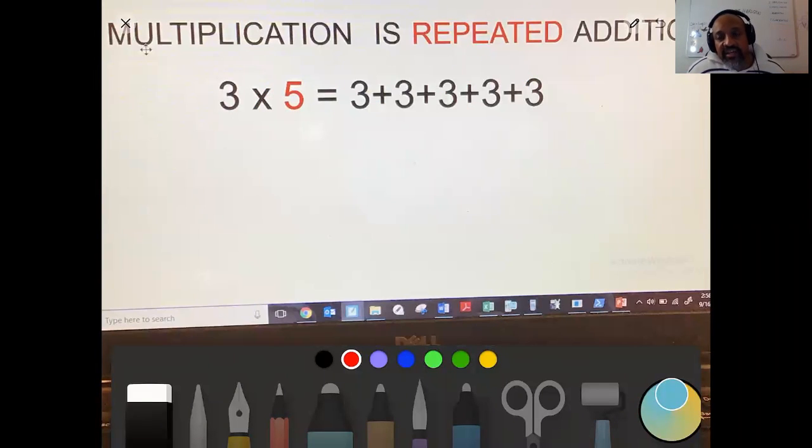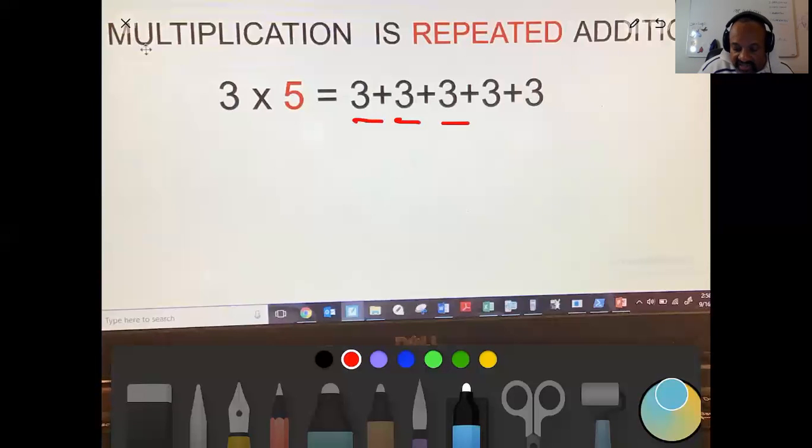I'm going to start with this. Multiplication is just repeated addition. So if I have 3 times 5, that tells you that you're going to take 3 and add it 5 times to each other, right? That's what multiplication is. It's just a shorthand way to do repeated addition. Similarly,